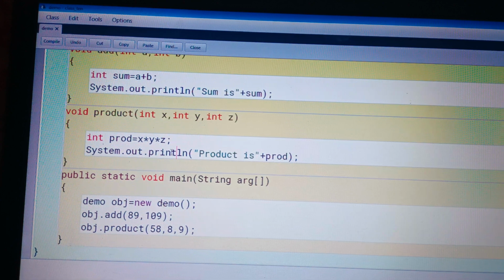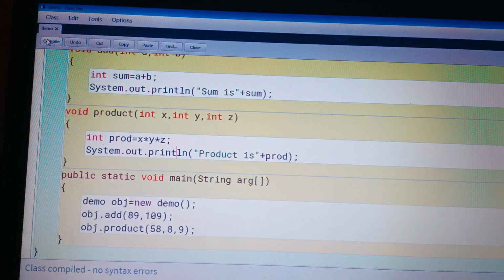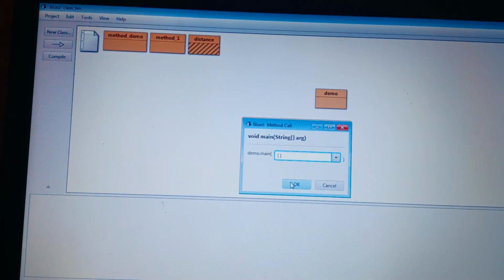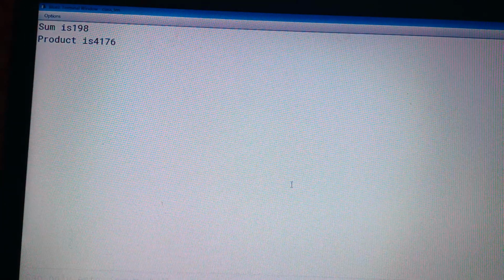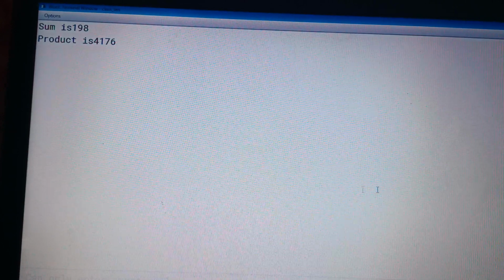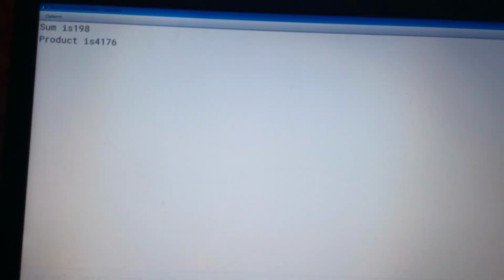Okay, now again I am going to compile this program. Yes, now no syntax error. Click on close button. Right click on your method and click on void main. Simply click on OK. So you can see here sum is 198 and product is 4176.